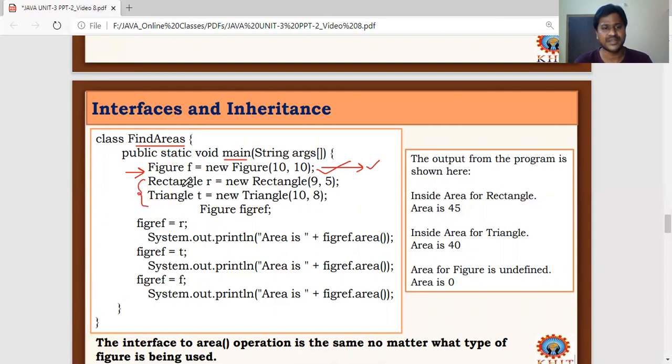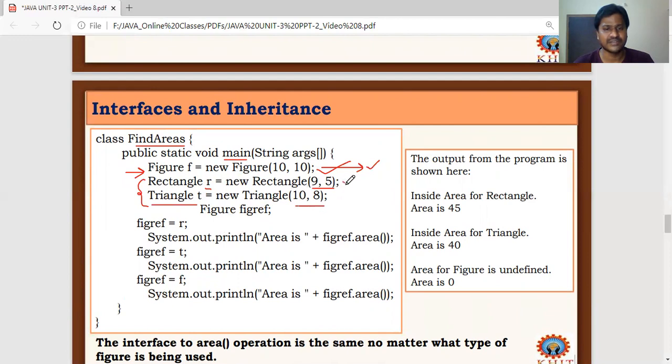These are the two subclasses of the Figure superclass. Rectangle: I'm creating an object of Rectangle r by passing two values, 9 and 5. So these two dimensions are initialized to the superclass dimension 1 and dimension 2. And Triangle t, and I'm also passing two values here, 10, 8.